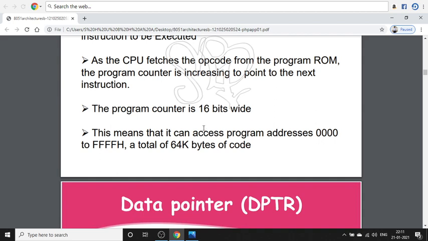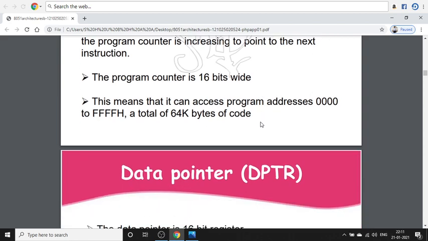It can be divided into on-chip memory and off-chip memory. If the on-chip memory is 4 kilobytes, the off-chip memory will be the remaining 60 kilobytes. Likewise, we can divide the total 64 kilobytes based on our requirement.